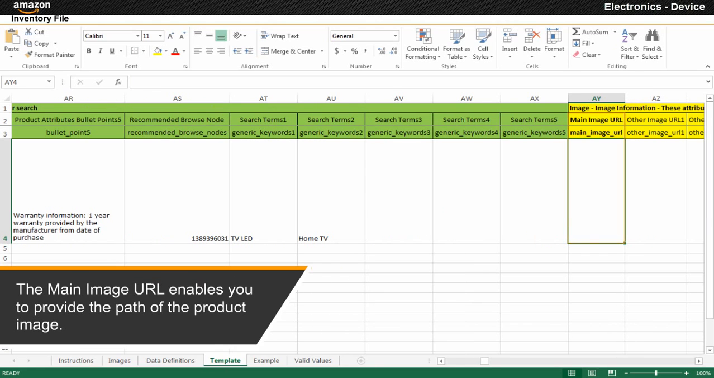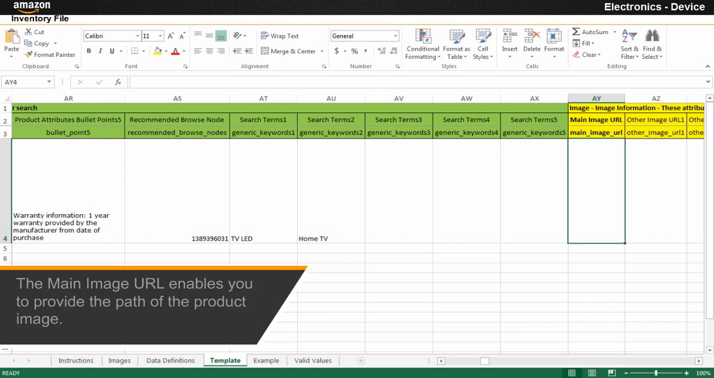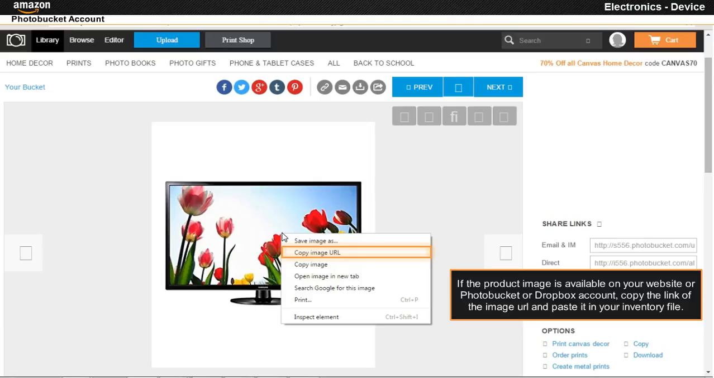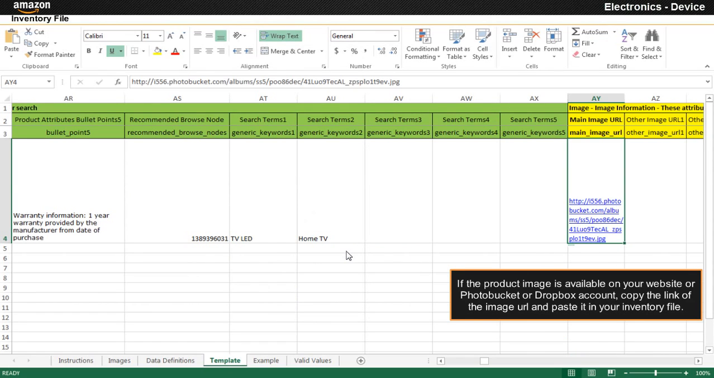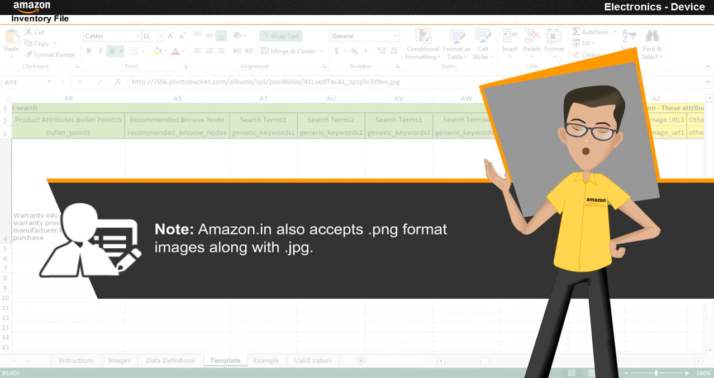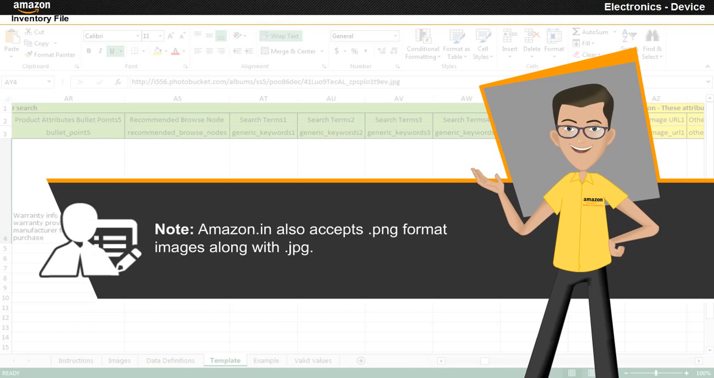The main image URL enables you to provide the path of the product image. If the product image is available on your website or PhotoBucket or Dropbox account, copy the link of the image URL and paste it in your inventory file. Ensure that the link that you paste should end with .jpg. Note that Amazon.in also accepts .png format images